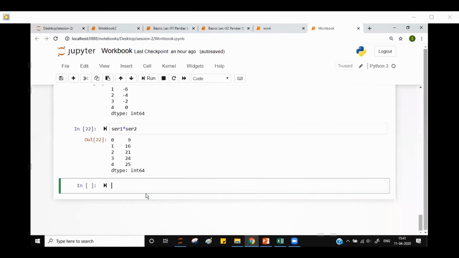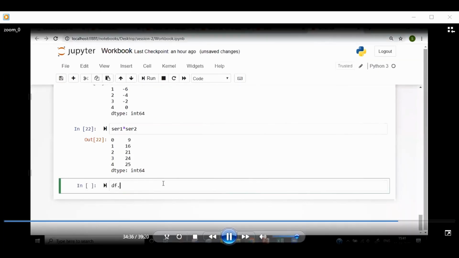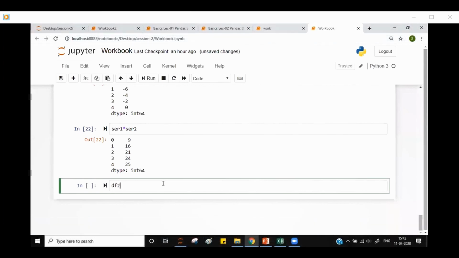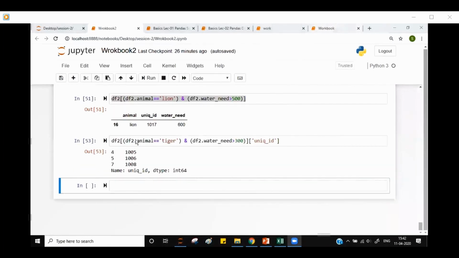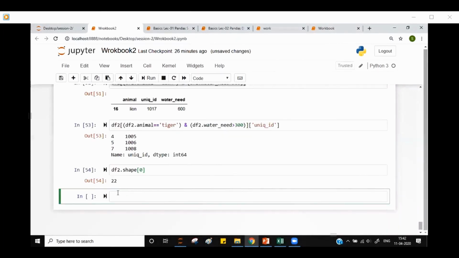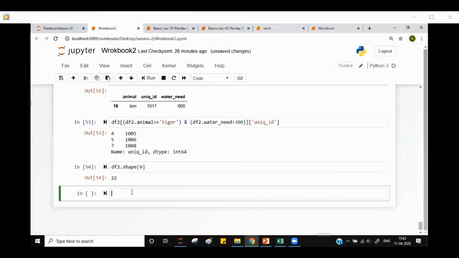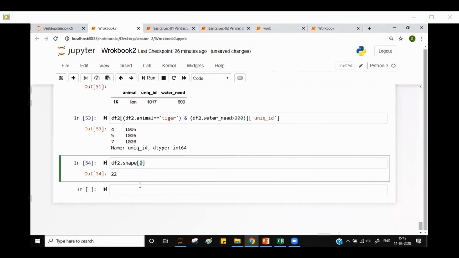The shape function, df2 dot shape 0. This gives you the number of rows which are present in the data set. 0 is used for rows.